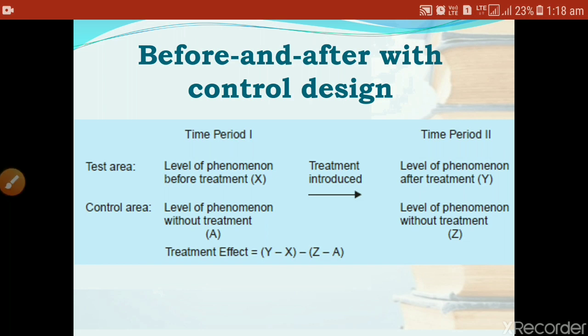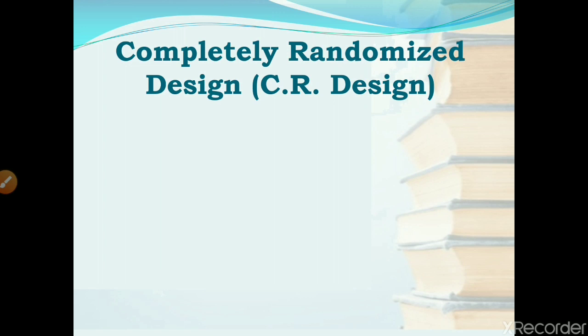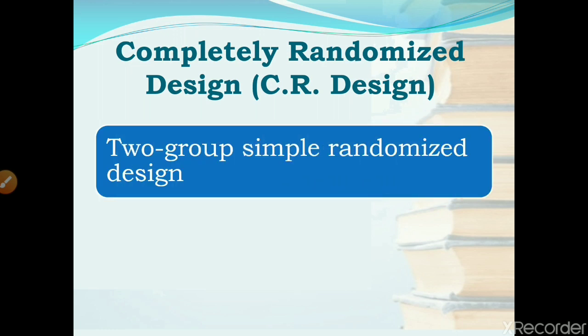Then we come to the formal designs. In formal designs, the first one is completely randomized design. This design is based on two principles: the principle of replication and the principle of randomization. So in this,